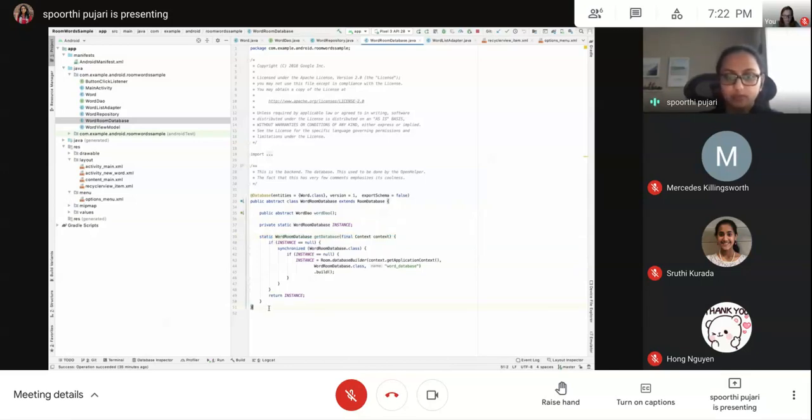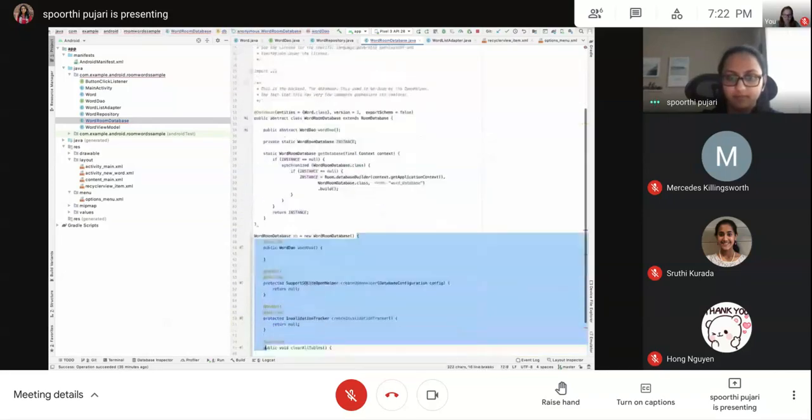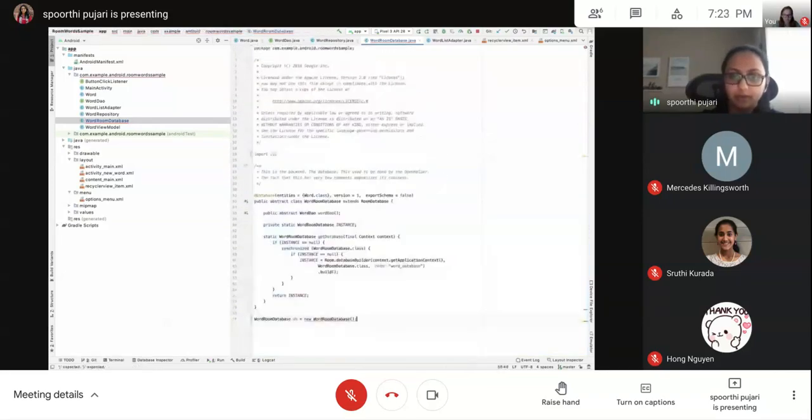So we don't have to do new, like WordRoomDatabase db is equal to new WordRoomDatabase. I don't have to do this, and this won't even be allowed.